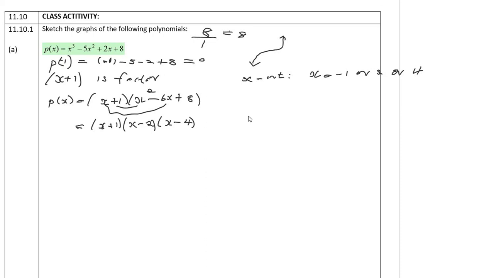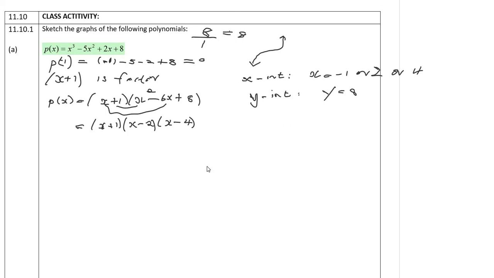Okay, and then my y-intercept is my constant value, so that's 8. So y is 8. I just want to make this 2 a little bit better so that we can see it clearly there. Okay, now I've got the x-intercepts, I've got my